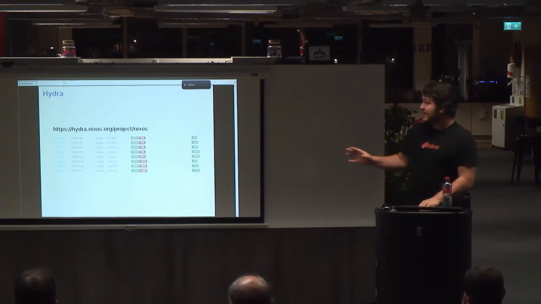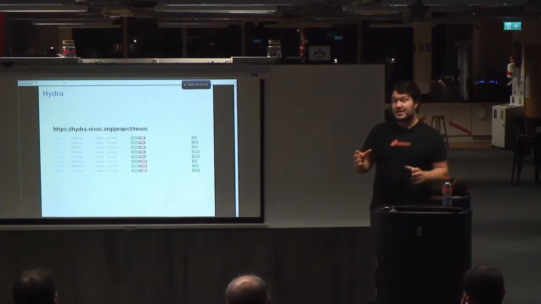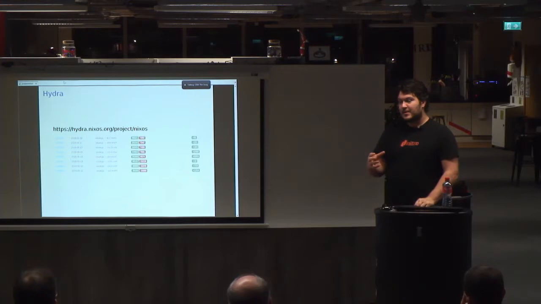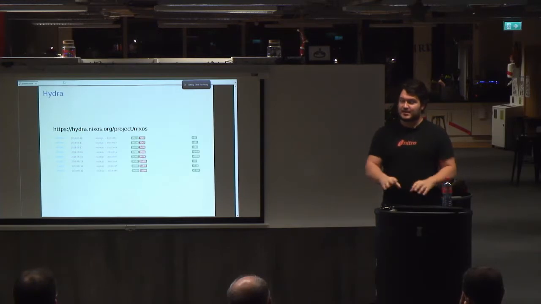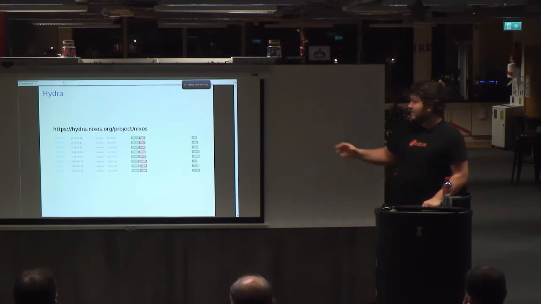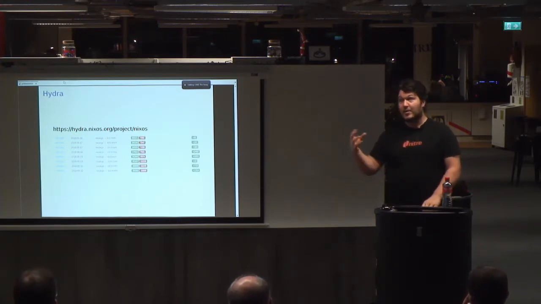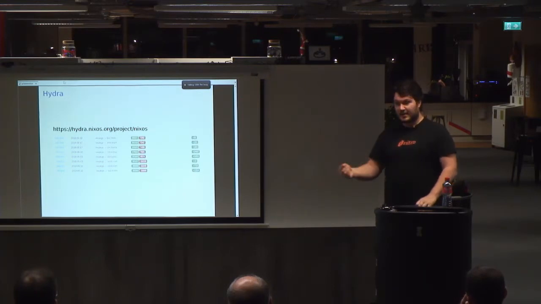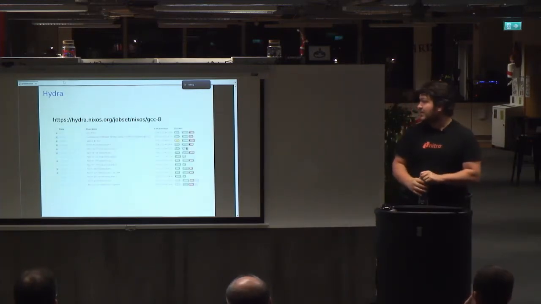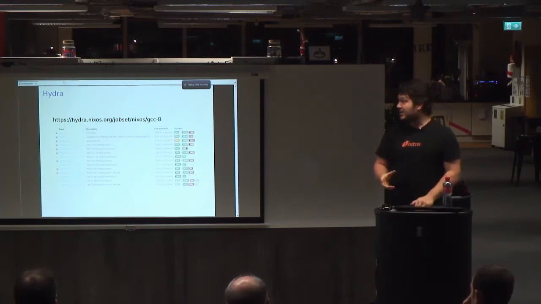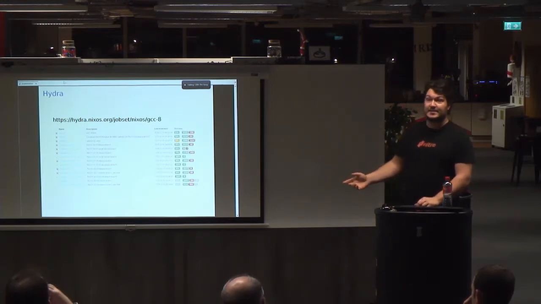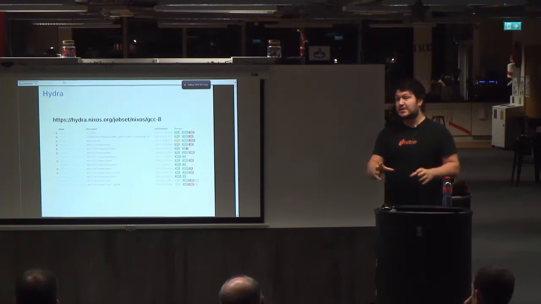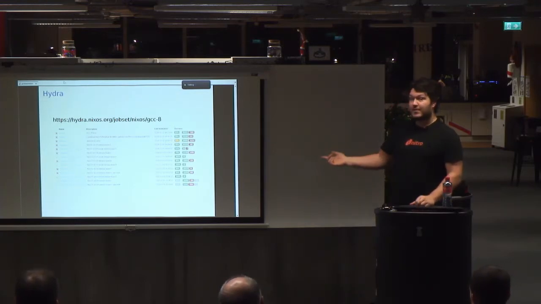This Hydra CI continuous integration project is really interesting because it's basically a thin web UI on top of Nix, and Nix does everything for us. So this nice report was generated because Nix packages were modified on a Git repo. Hydra picked it up and built them. But Hydra can build a lot more things than just simple packages. It builds tests as well, and so this is how the Nix releases are tested. Every time something changes, all the dependent packages get rebuilt and retested before the release can be made.